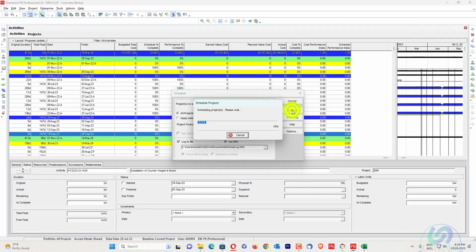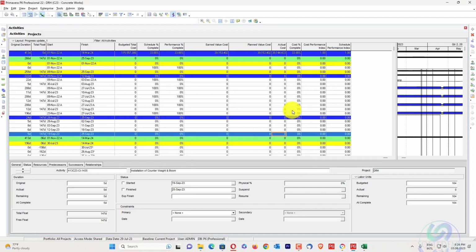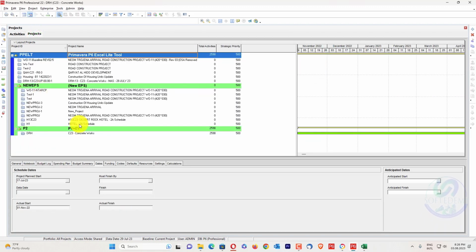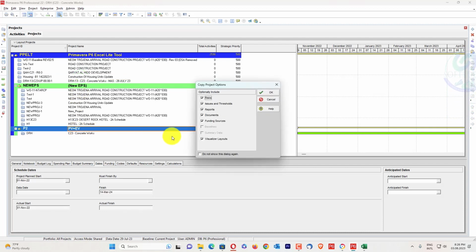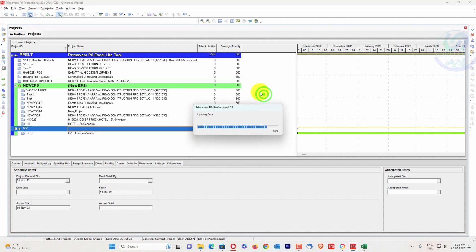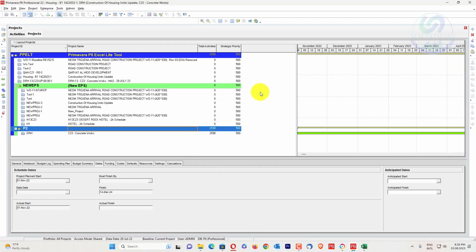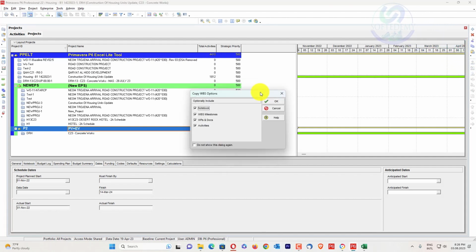Now if there are open-ended or dangling activities created, you can resolve them by assigning a new relationship. The next one: some projects have expenses in them. To deal with that, if there are expenses in your project, how can you make your planned value and earned value cost equal? Because planned value and earned value both are based on